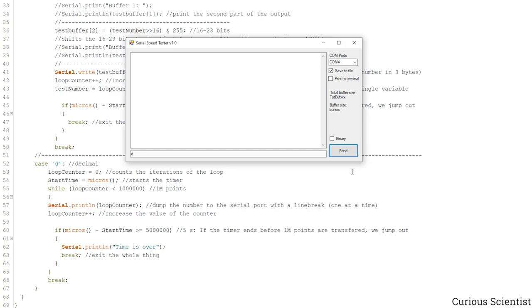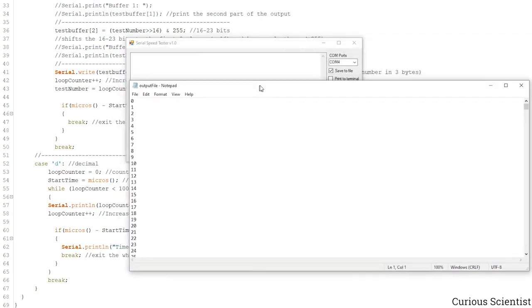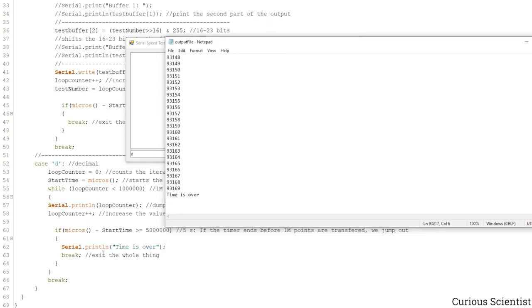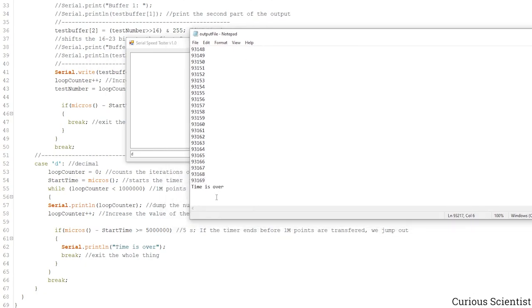I have to wait a bit. And now I see that the output file is generated. So here is the output file. Once again, we started printing the loop number here, the loop counter. And then if I go to the end, we got the message. So time is over. So this, within 5 seconds, was able to push out